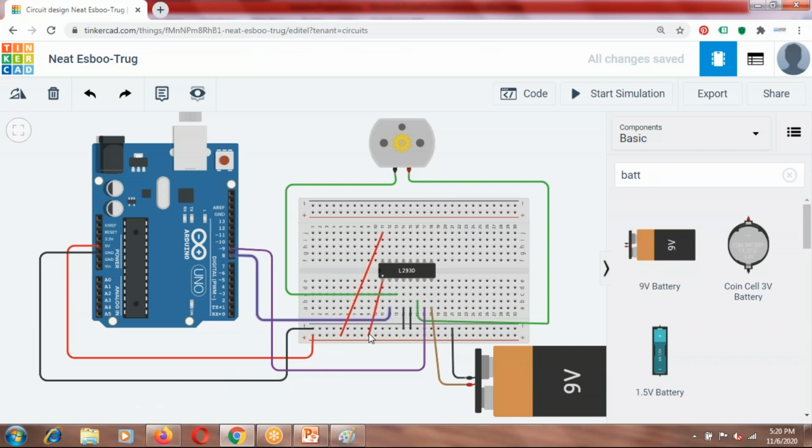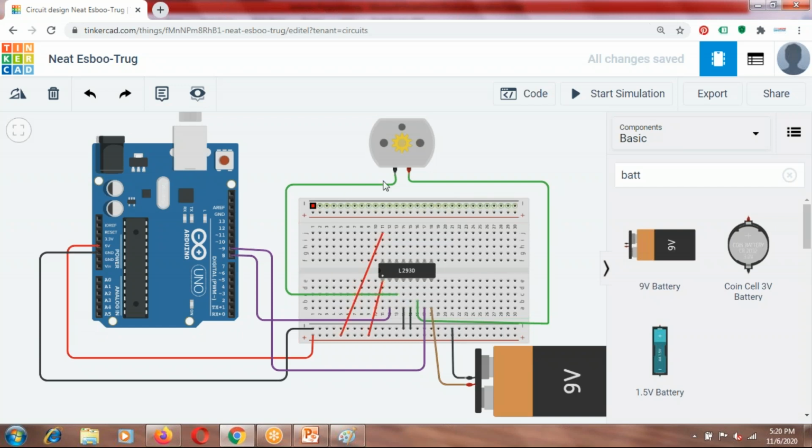You can see here, this is pin number 1. It is connected to the 5-volt supply so as to enable this part of the IC. Then pin number 2 is input 1, so there should be no problem connecting. Input 1 is connected to one of the digital pins, you can use any from 0 to 13. I have used pin number 8 to connect to pin number 2 over here, that is input 1.